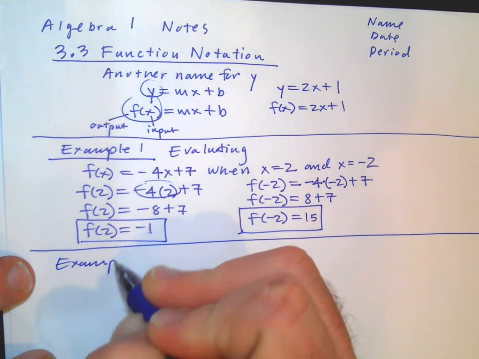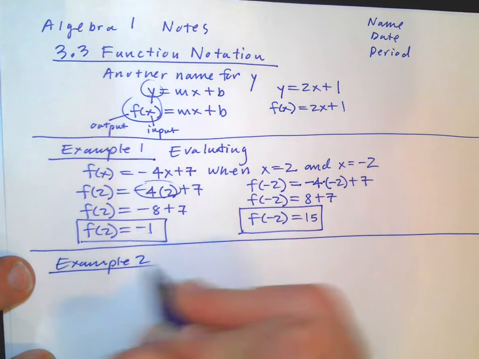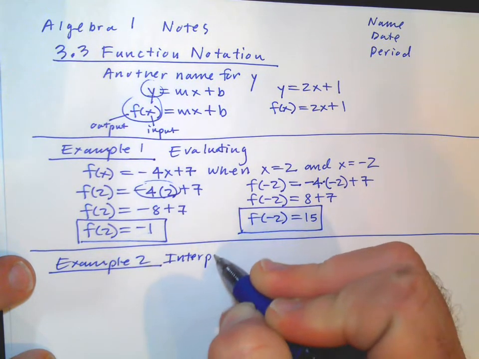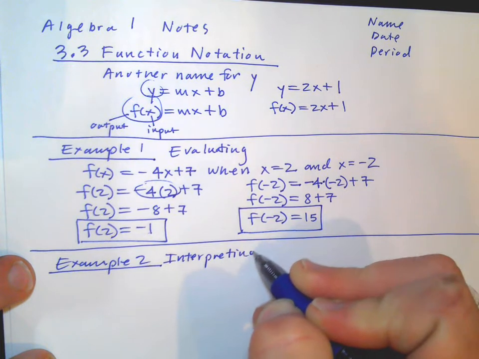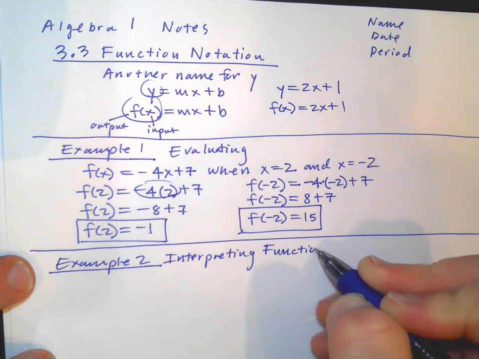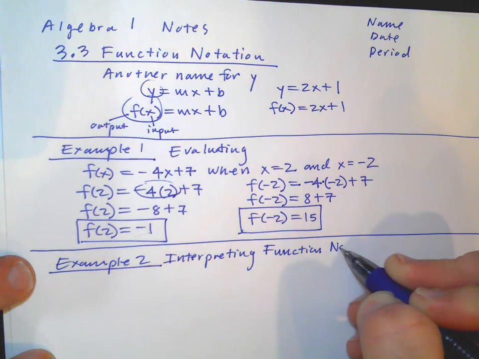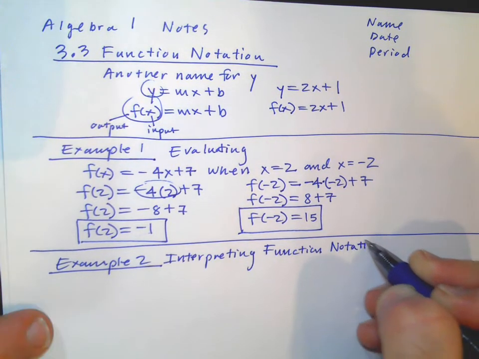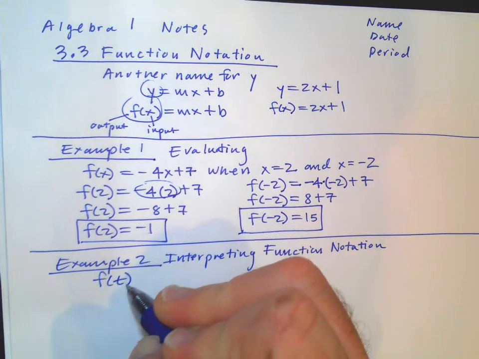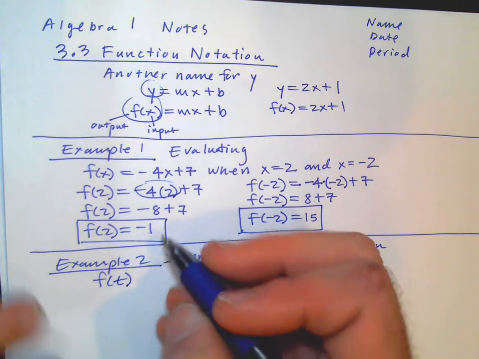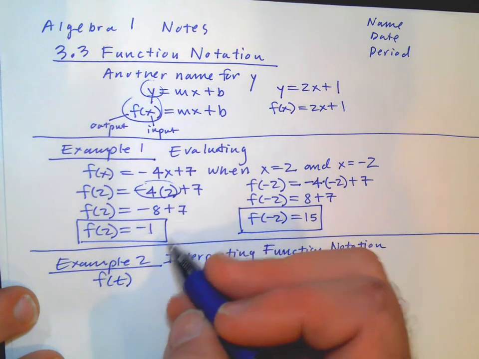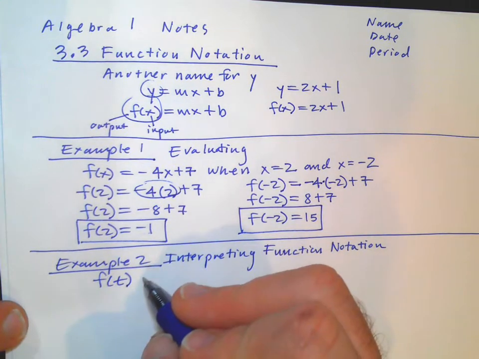We'll look at some application examples right here. Interpreting function notation. So this is applied to some kind of word problem. So the problem might be f of t. So we don't always have to use x. A lot of times we use variables that are related to what real world example we're talking about. f of t is the